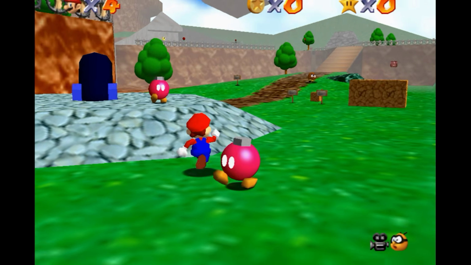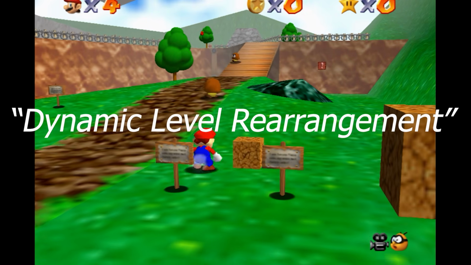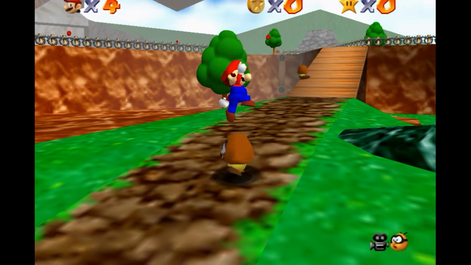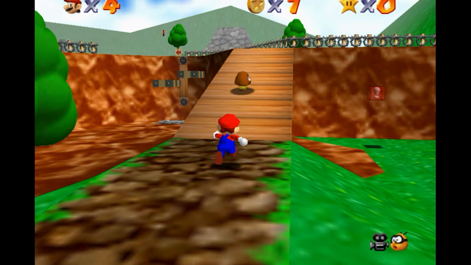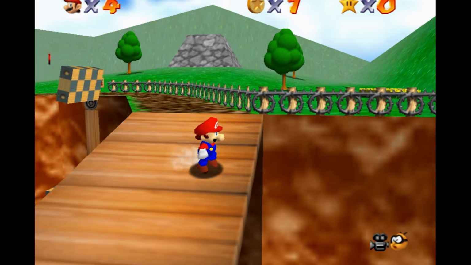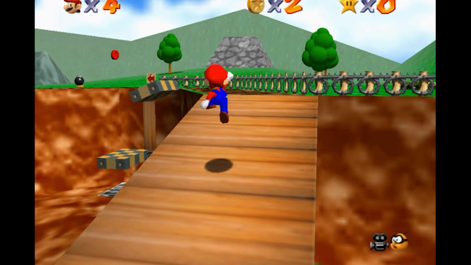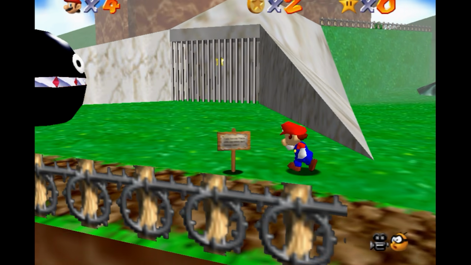The AI can change assets of levels. This falls under the category of dynamic level rearrangement. This is when the AI will change things to reflect different theming or difficulty. It will merely change and modify some textures. Rarely it will change the player's mission or change the arrangement of instruments in the soundtracks to create different tracks.